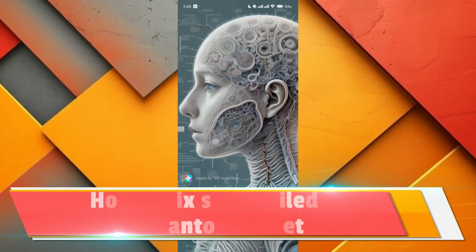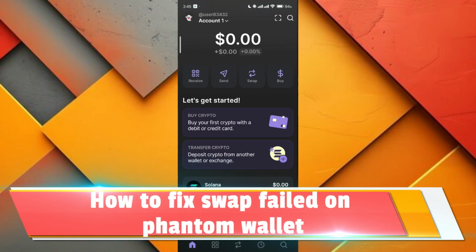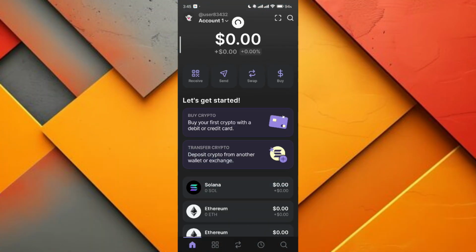How to fix swap failed on Phantom Wallet. Hey guys, today I am going to show you how to fix swap failed on Phantom Wallet. To get started,